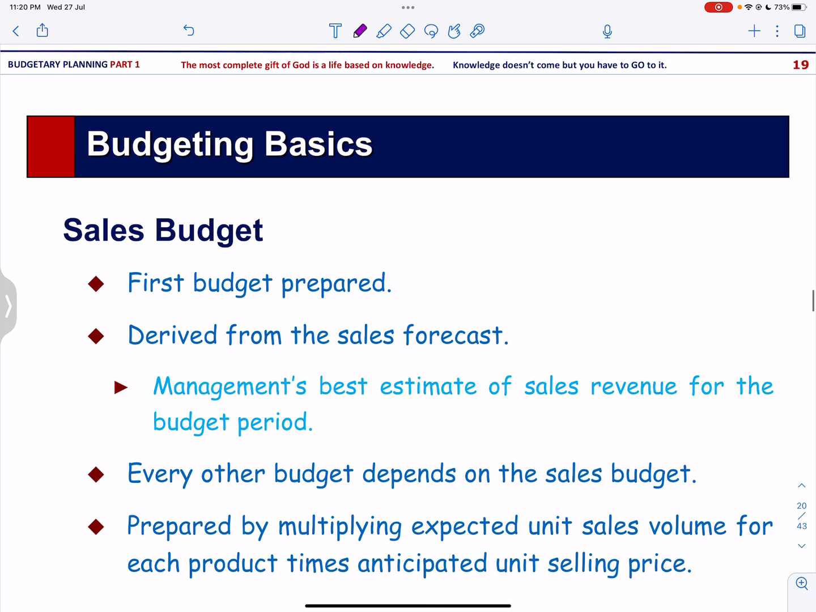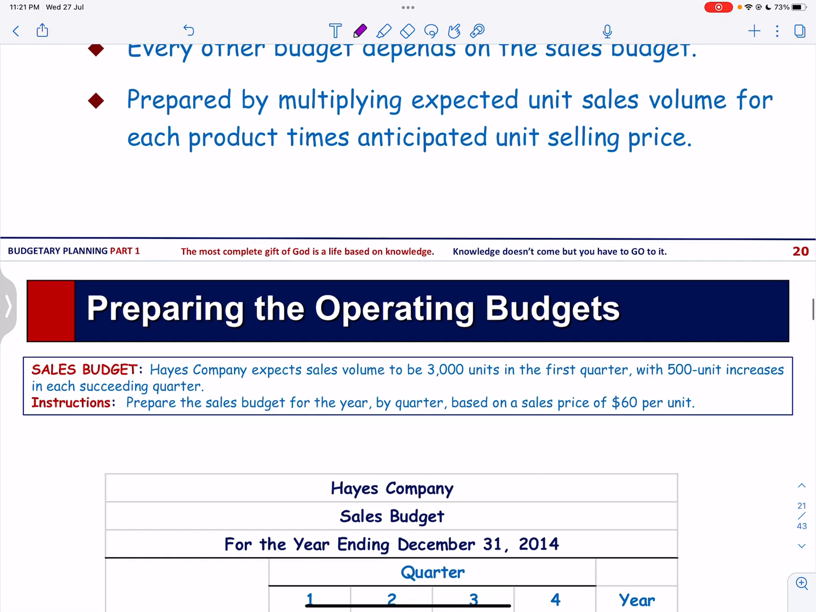The sales budget is the first budget prepared. It is derived from the sales forecast. Every other budget depends on the sales budget. It is prepared by multiplying expected unit sales volume for each product times anticipated unit selling price. And let us solve an illustration